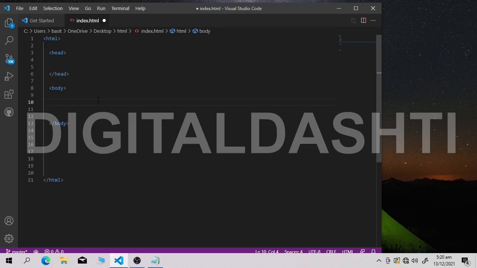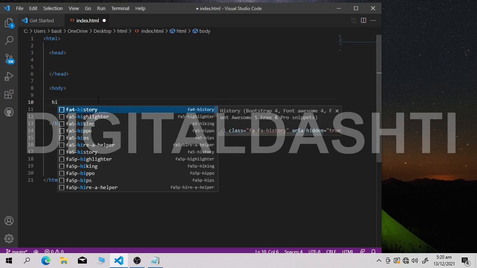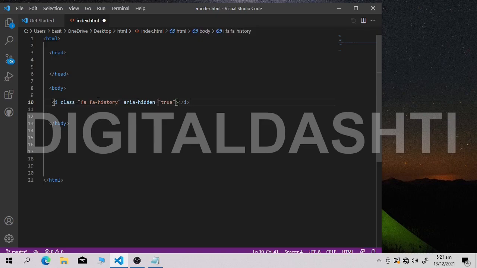What content? I will show you an example here. I will write h1, enter. It has written so many things, we don't need this right now. So I will erase this code and write it manually, h1, and close it. Now inside this h1 we will write some text. It's our heading element. Whenever you want to write a heading, you need h1.